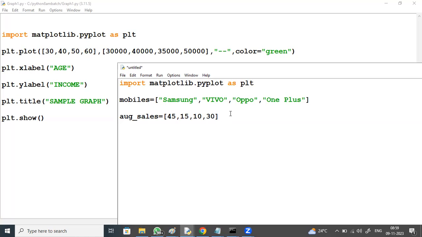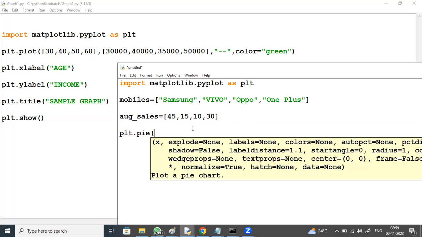Now I want a pie graph, plt.pie, based on August sales, and labels equal to, what labels you want?